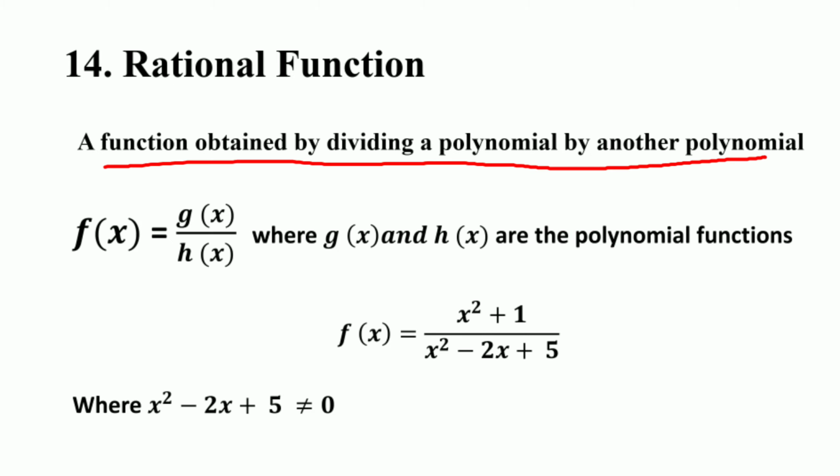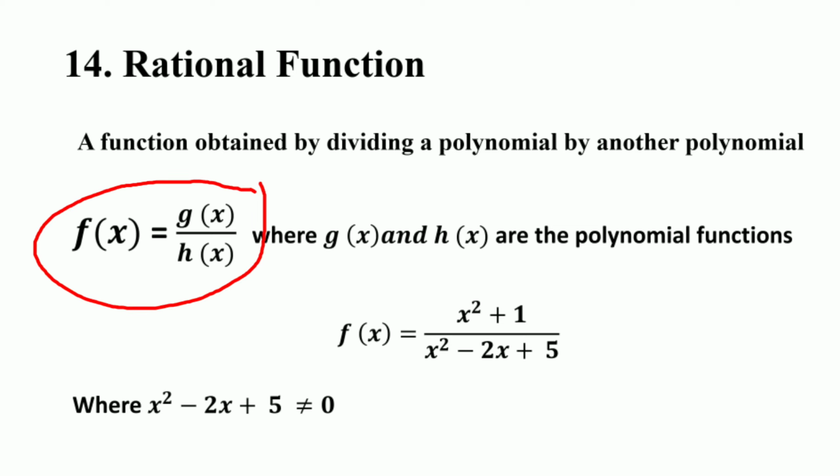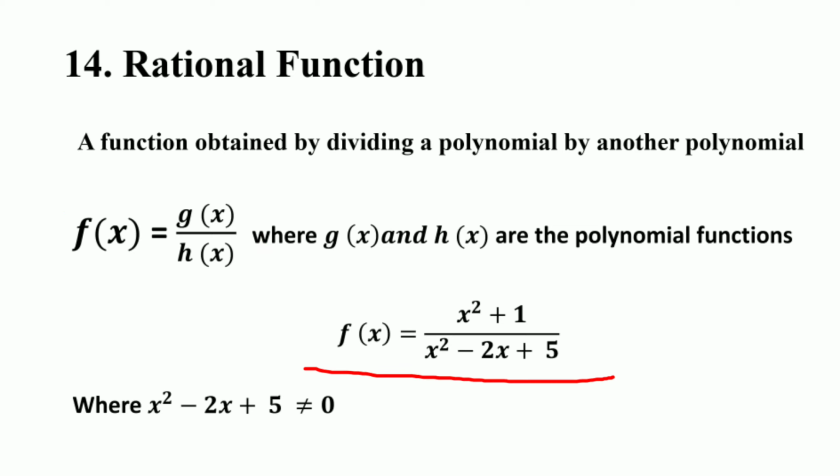Now we have a rational function. A function obtained by dividing a polynomial by another polynomial is called a rational function. The term rational comes from ratio. So f(x) = g(x)/h(x), where g(x) and h(x) are two polynomial functions. For example, f(x) = (x² + 1)/(x² - 2x + 5),